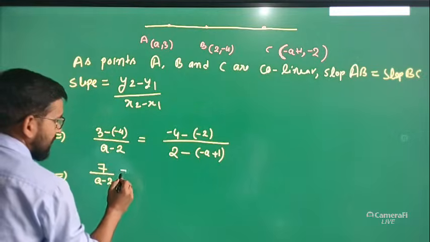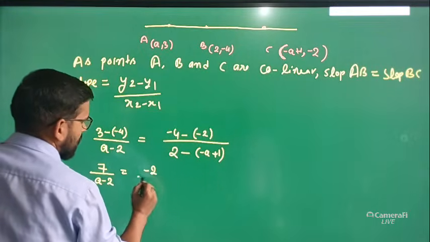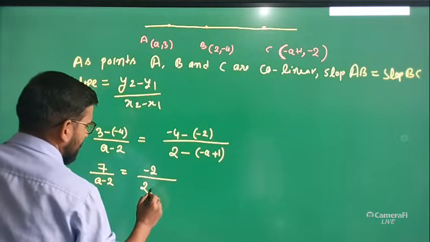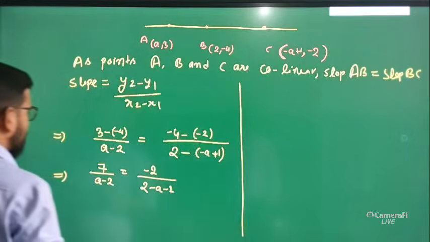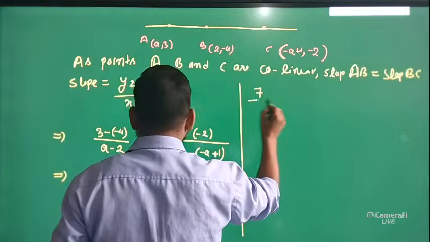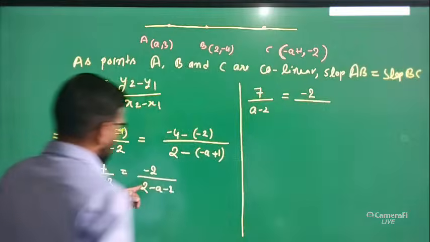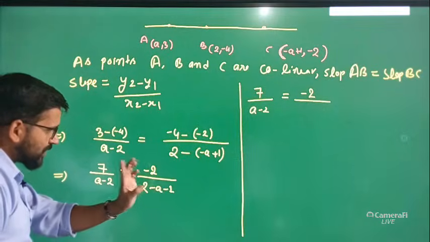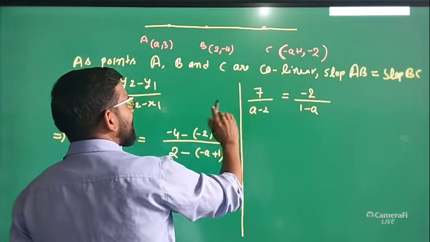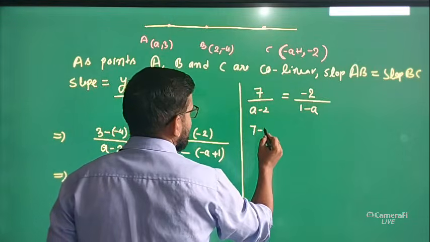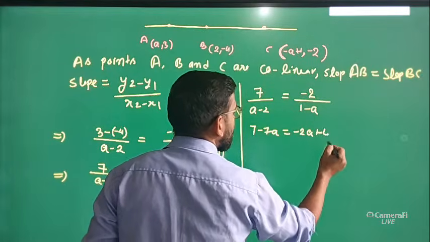minus 2 is equal to minus 4 minus minus, plus minus, minus 4 plus 2, minus 2, whole upon, multiplying inside, plus a minus 1. I hope it will be clear till here. Now this is 7 upon a minus 2 is equal to minus 2 upon 2 minus 1, 2 minus 1 is 1, 1 minus a, 1 minus a. Now we will cross multiply: 7 into 1, 7 minus 7a is equal to minus 2a plus 4,